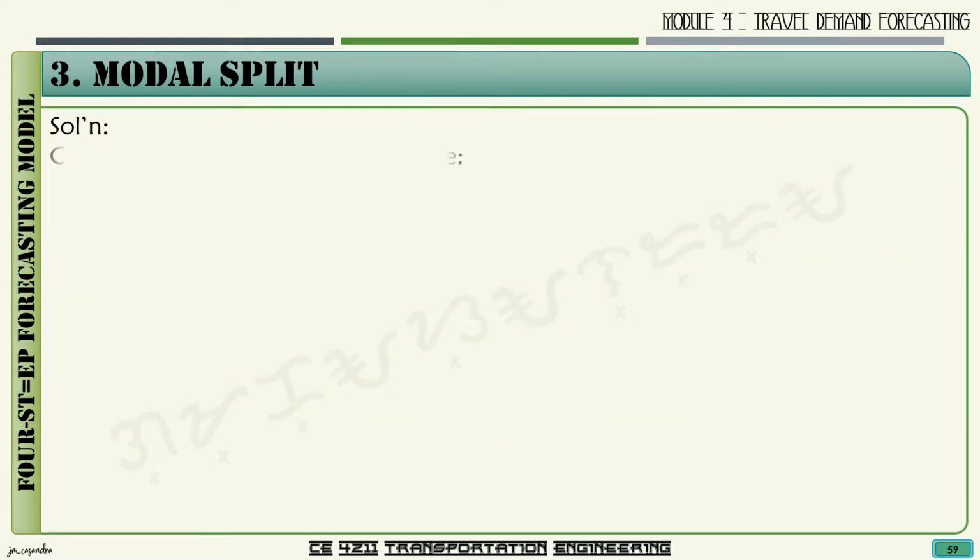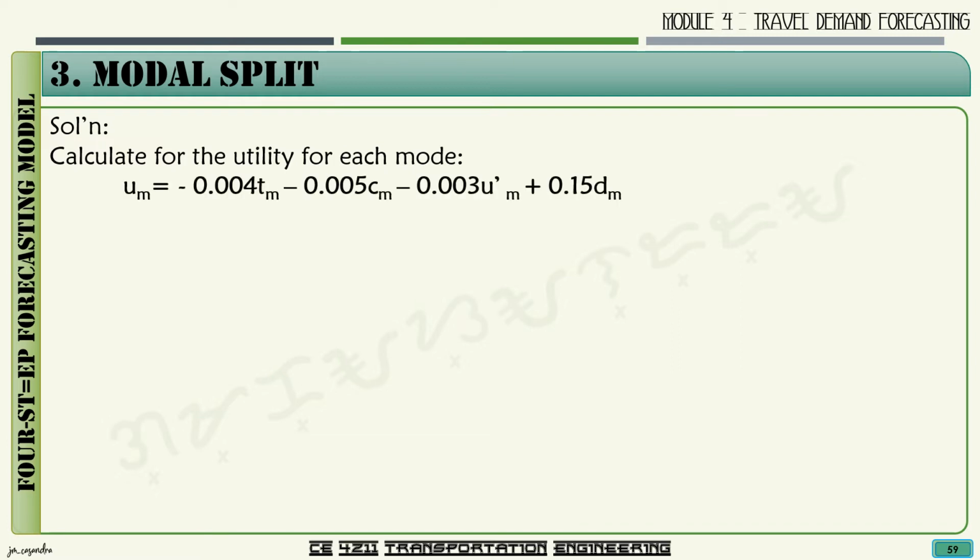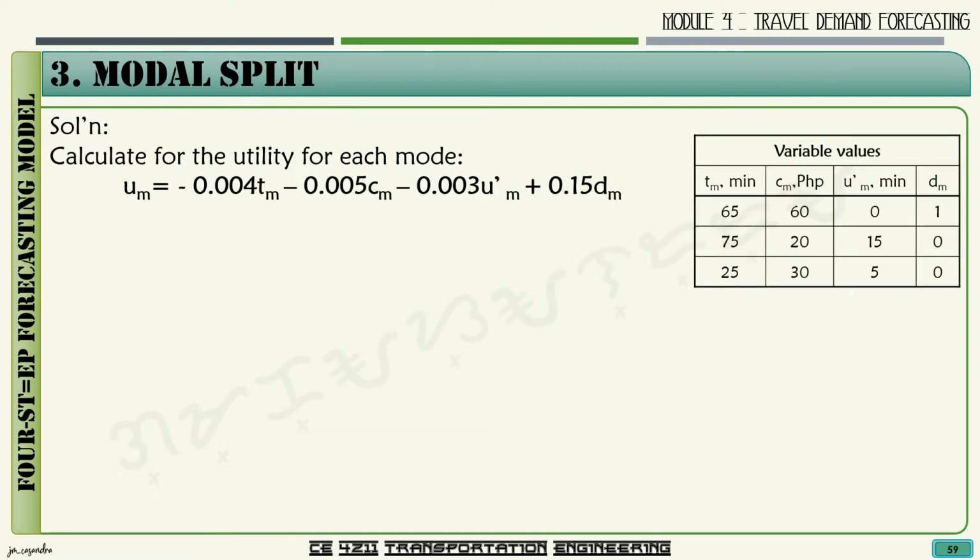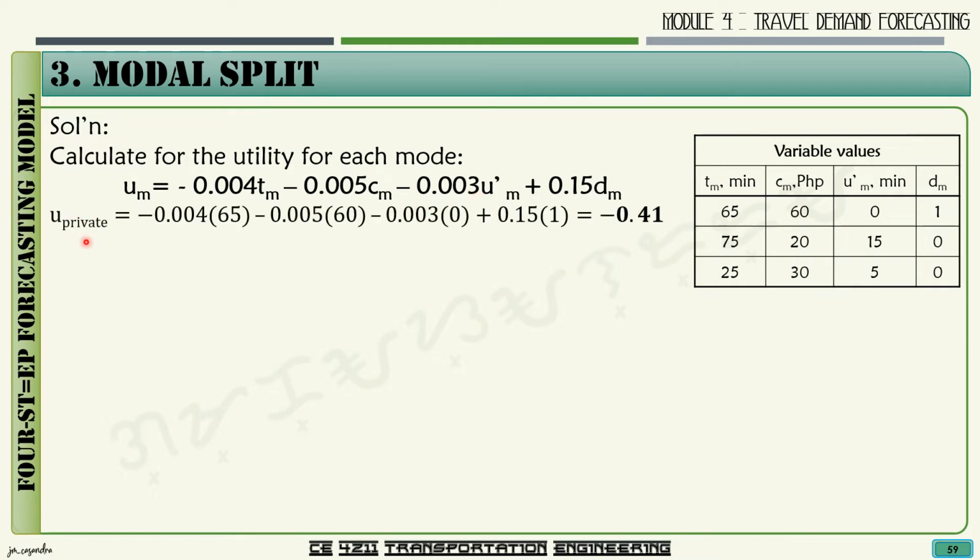So for our solution, we first solve for the utility for each of our transportation mode. From our given equation and the given values for each mode, we just substitute our values from this table to this equation. So we'll have now for U private, that is 0.004 times 65 minus 0.005 times 60 minus 0.003 times 0 plus 0.15 times 1, giving us a value of